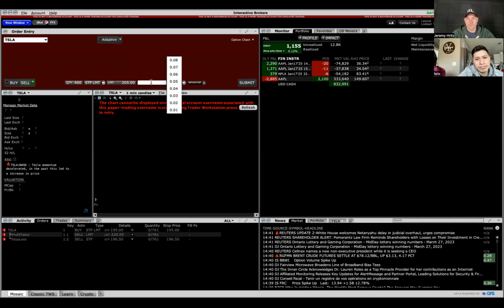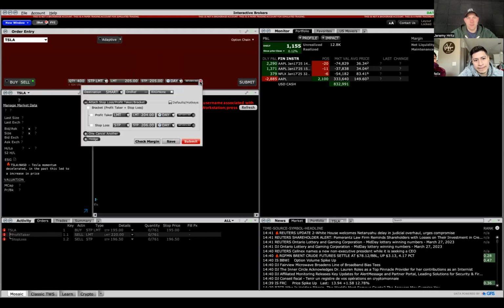What do we put in as a stop? It's the same, 205. The day is good because we're day trading. Then we click this advanced button, come down to bracket, and click that button. And remember, for our profit taker on a short, we are buying back low. So this top number, see how it's already lower than our entry? Let's say you want to ride this thing down to 201 because you think it's got movement to go. You're going to put your stop at 208,